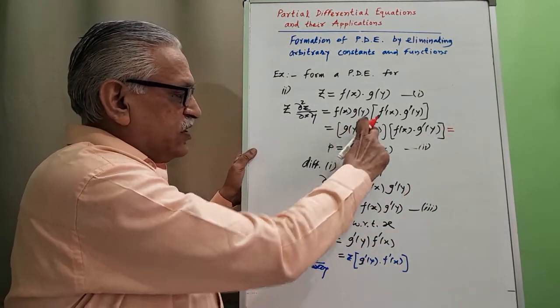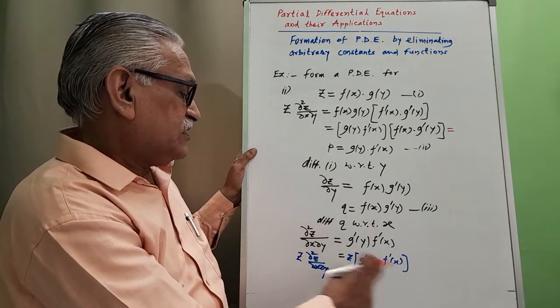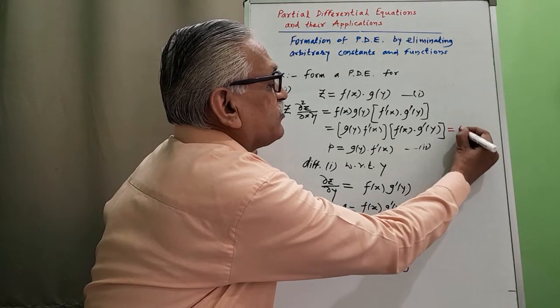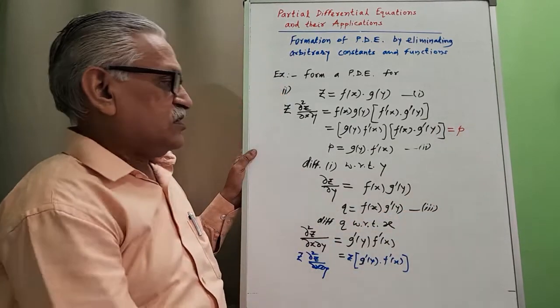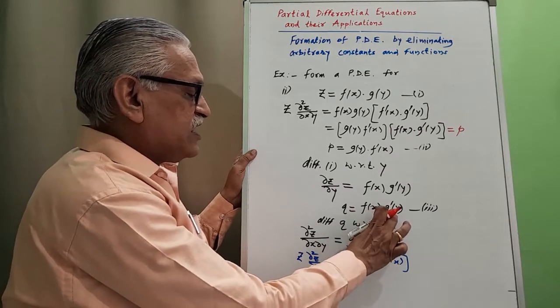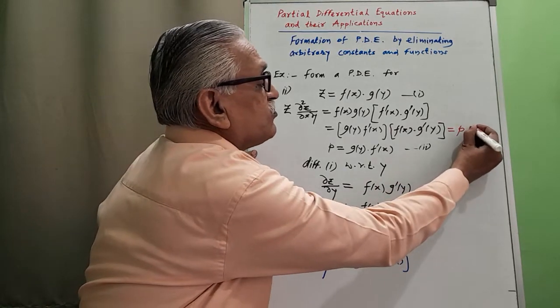This g of y into f dash of x is p, therefore that becomes p small. F of x into g dash of y is q,